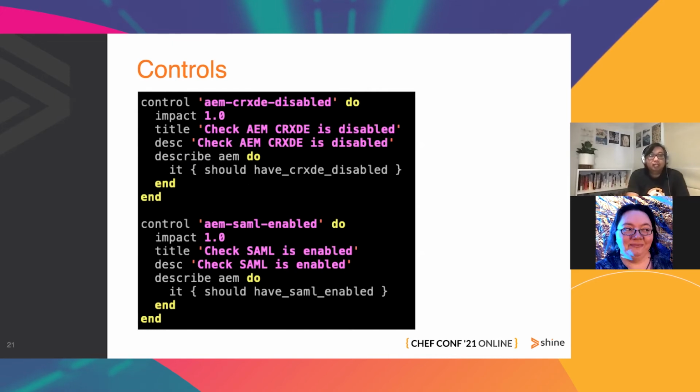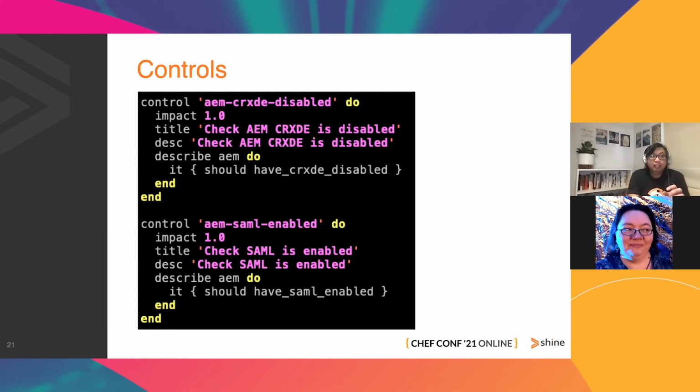For enterprises, in a large organization, it's quite common to have single sign-on capability, and we wanted to make sure that for any non-development environment, we have SAML enabled. So these are the two controls that can be used from the inspect profile.